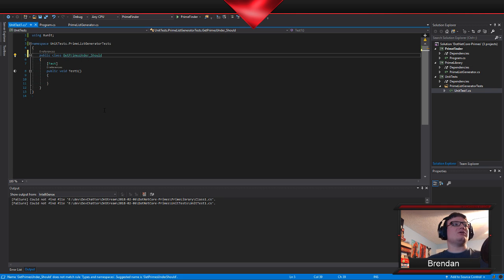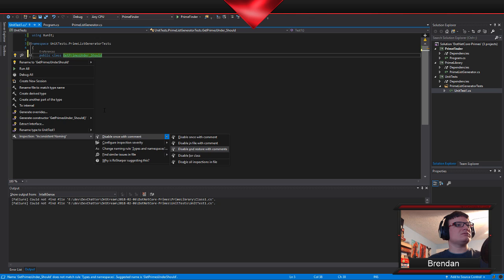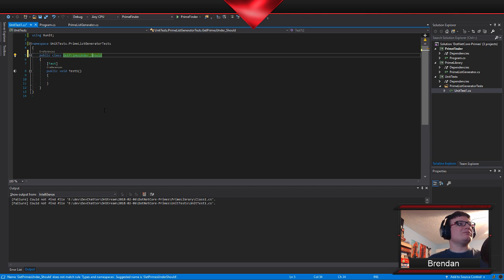And then going to underscore should. I don't have my settings configured for ReSharper to ignore these things, so I'm actually just going to follow its naming for now, but I usually like to have an underscore in there, and I don't want to go fiddling around with my settings while on stream, so I'm just going to leave it like this.